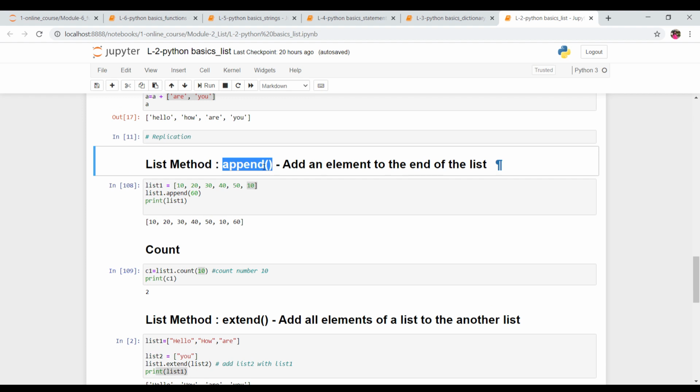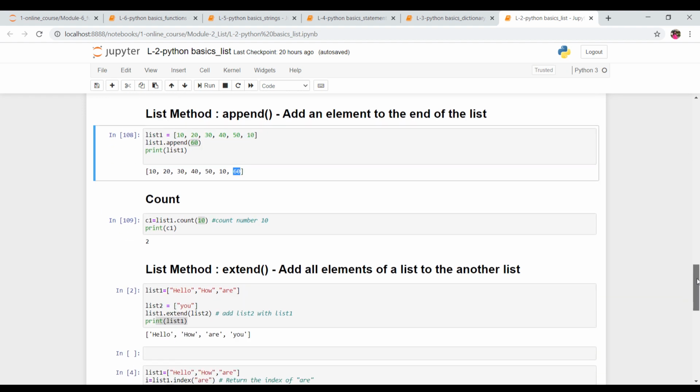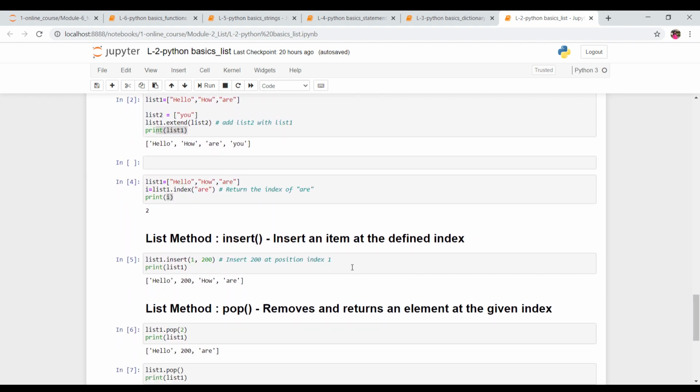In the append method, the element is added, but it will always get added at the end of that particular list. Now what if we want to add a new element at some particular location, a particular index?